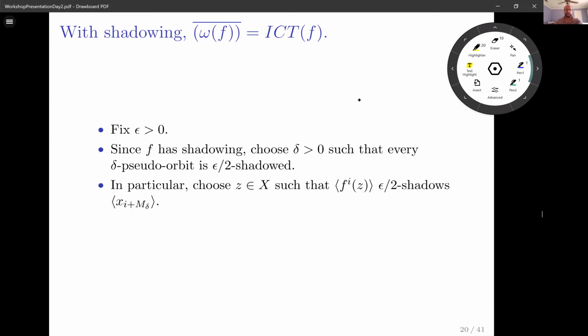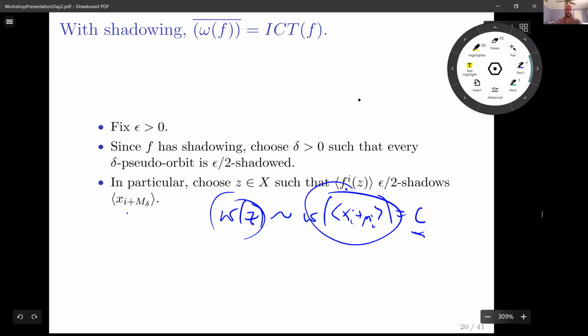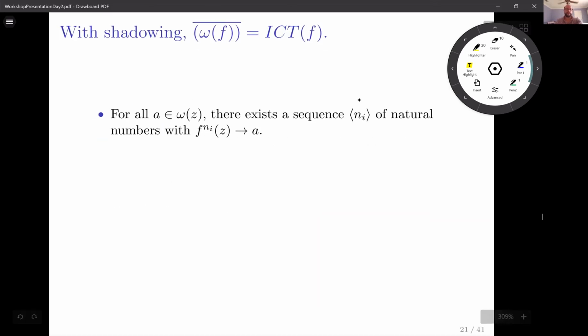Now, if I look at the omega limit set of z here, it is essentially the same as the omega limit set of x_{i+m_delta}, which is going to be equal to C. That's our next step: because the actual points of the orbit, f^i(z), are close to x_{i+m_delta}, the omega limit set will be close to the omega limit set of x_{i+m_delta}, and that was equal to C. All right. So for any a in omega(z), we can find a sequence n_i of natural numbers